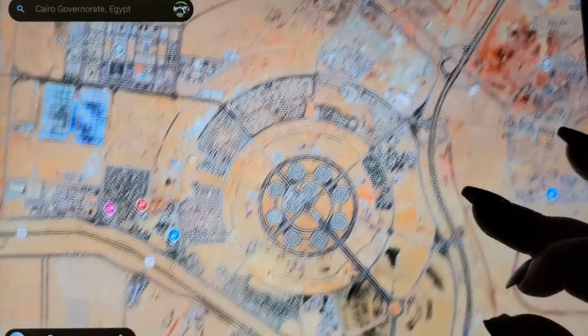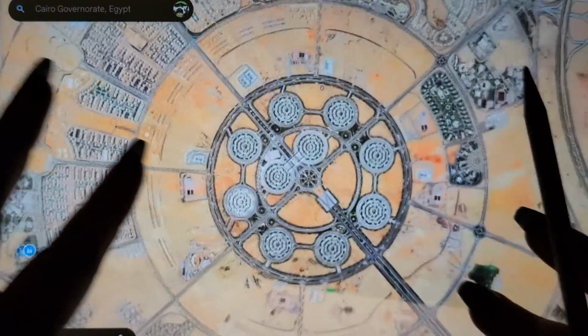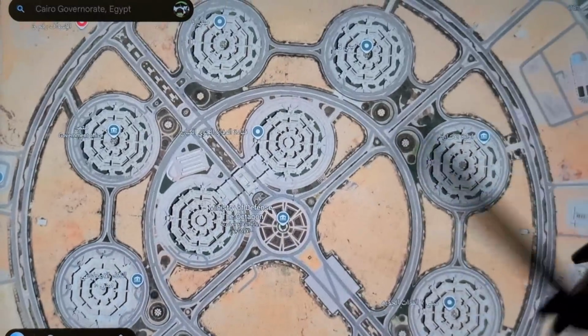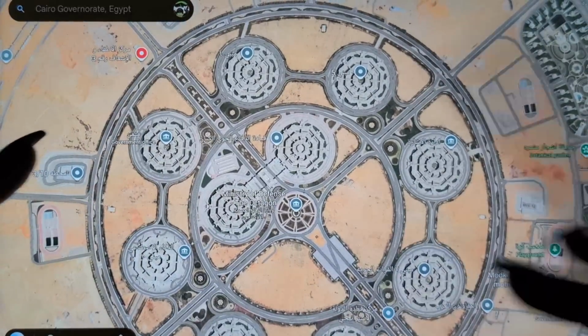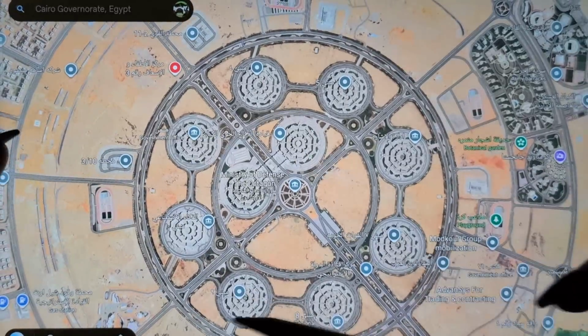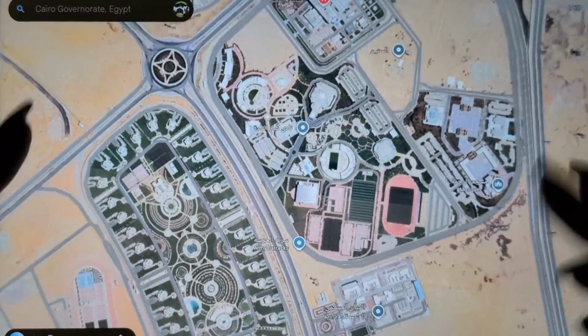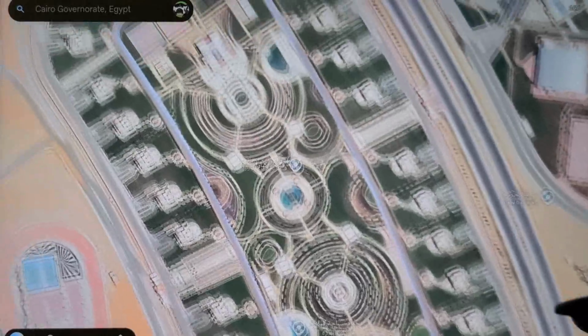Oh, and look at this. This is going to be the new center of defense. You've heard of the Pentagon. Here's the Octagon. You can see they need a couple more places, but that's where the defense is going to be, I guess, housed. But look at this pretty housing area from above.